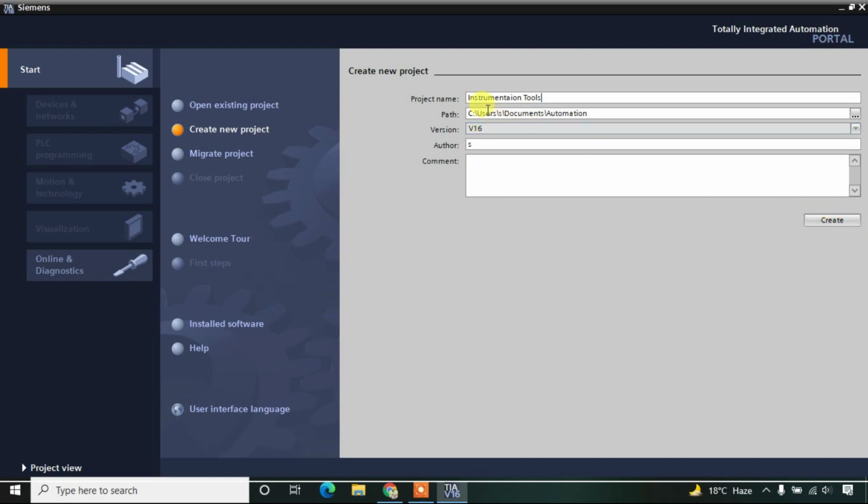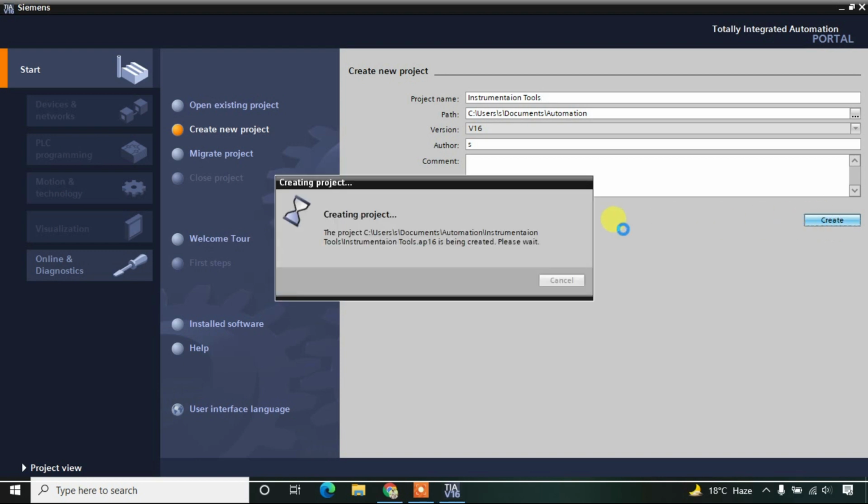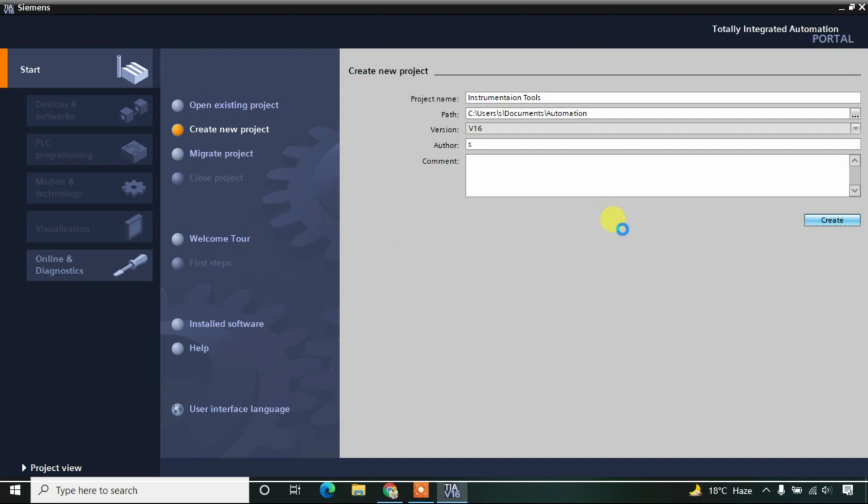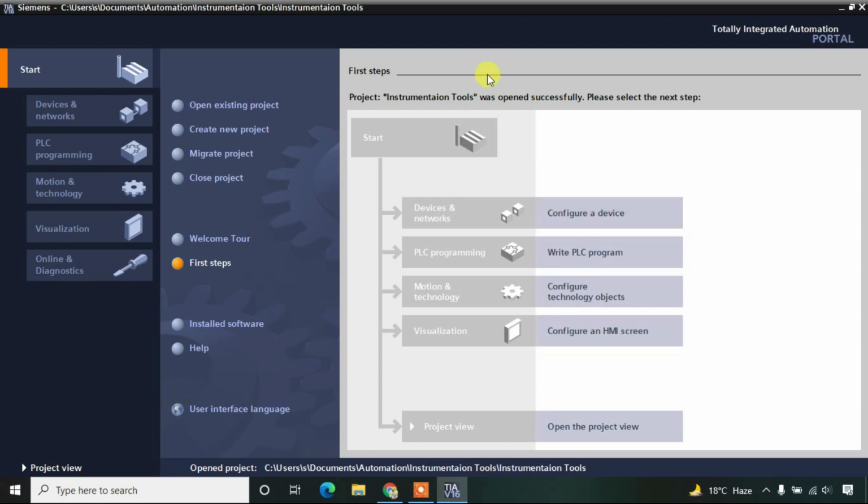It will be automatically saved in this location. So create. It may take some time depending on the speed of your PC. Now if we observe here, we have just created the project. And if you observe, the path for the project is written here.